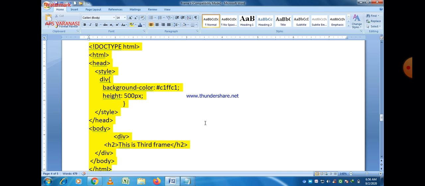So this is a web page, frame third, coding of frame third.